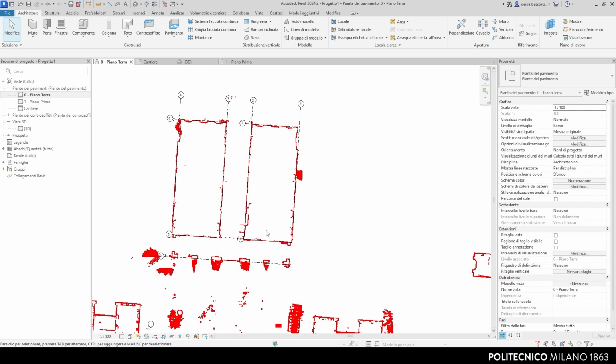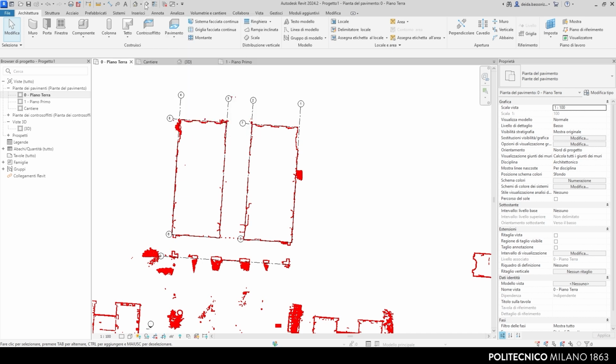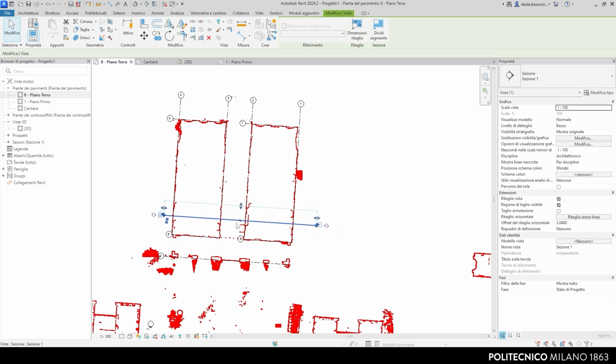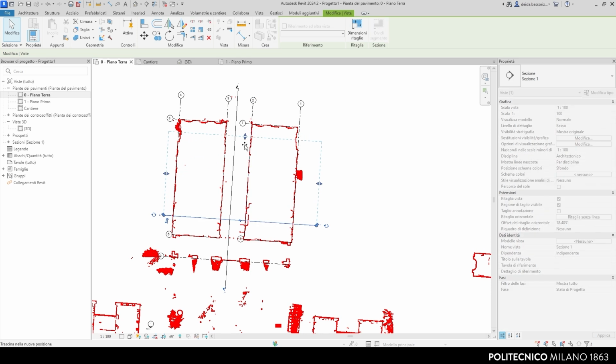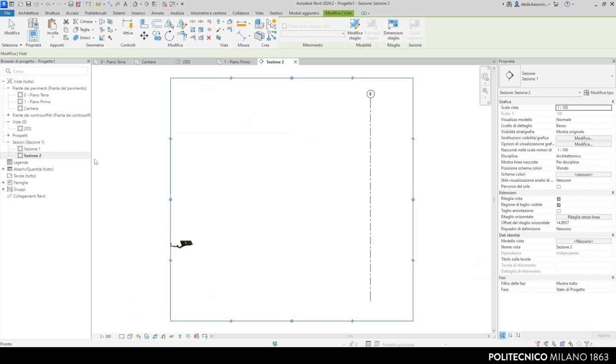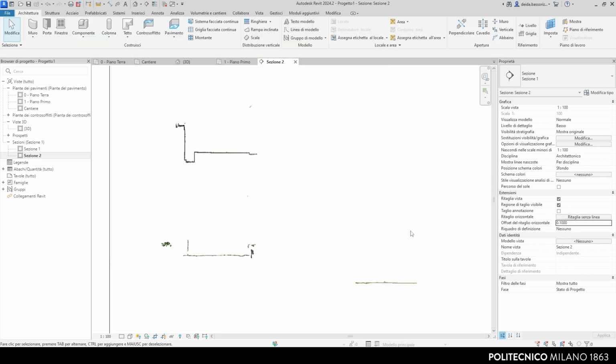Once the reference grid is set in the plan view, it is possible to create vertical sections that allow an altimetric visualization of the point cloud. To create a section, it is necessary to access a plan view, then activate the Section tool from the Quick Access toolbar in Revit and define the position and orientation of the section within the selected view. Additionally, it is possible to modify the depth of the section by adjusting the far clip offset parameters from the Properties panel of the created vertical section.